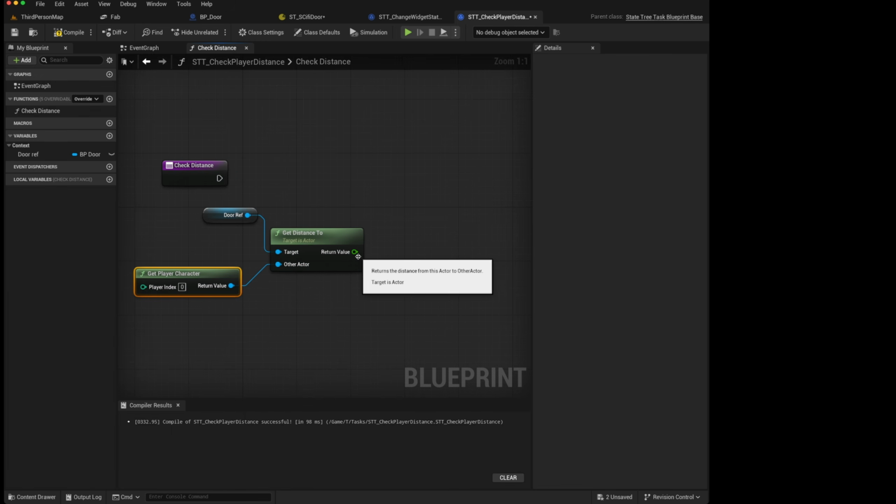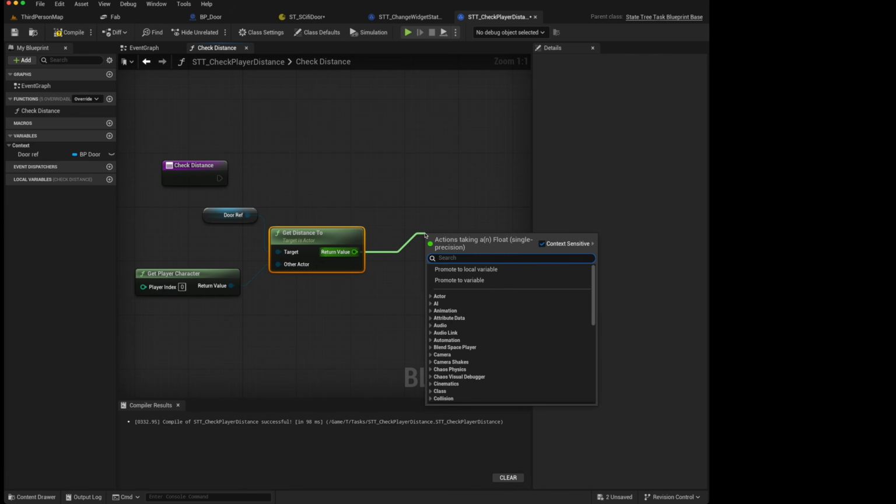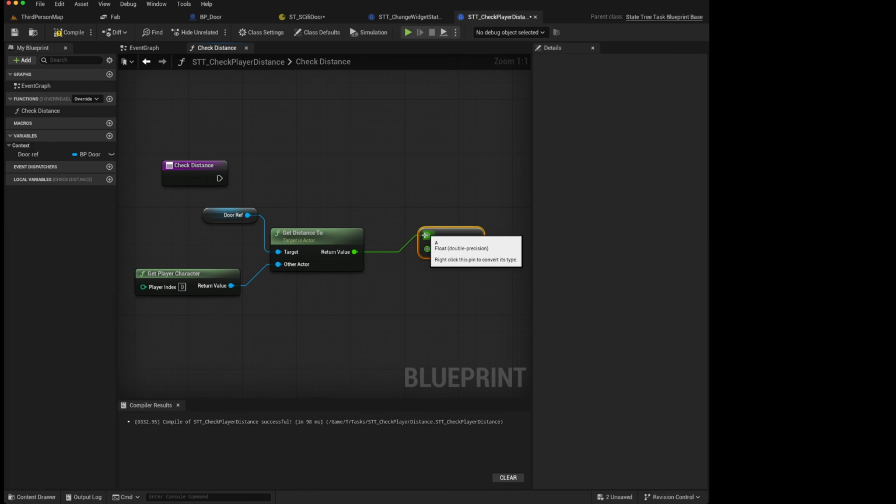We then need to make a decision based on this number. So we want to check whether it's above or below a particular reference number. So we can check to see if it is less than, and we can promote this as a variable